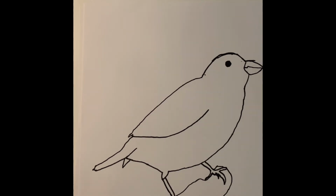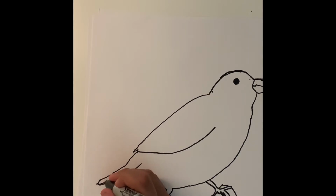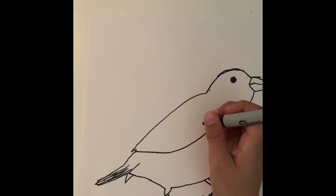So we're not done yet though. We still have to do details for everything. So for the wing, we're just gonna draw lines basically. So just draw lines. And then let's get on to the wing. So the wing, we're gonna do this